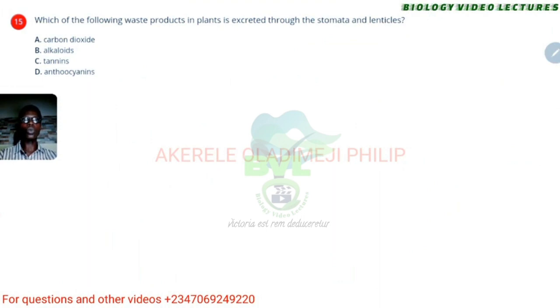Now it says here, which of the following waste products in plants is excreted through the stomata and lenticels? Carbon dioxide, alkaloids, tannins, anthocyanins. The answer is carbon dioxide. Yes. Now, some of these things you're seeing are actually waste products really, but